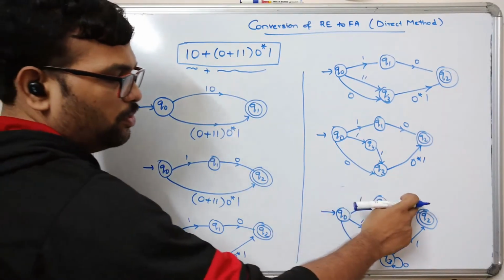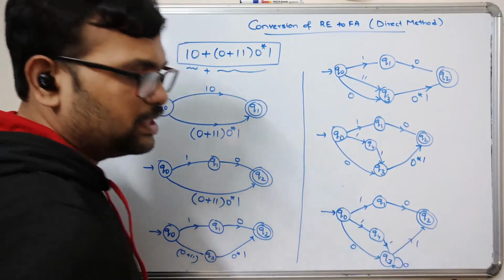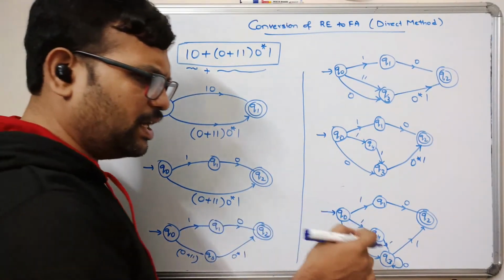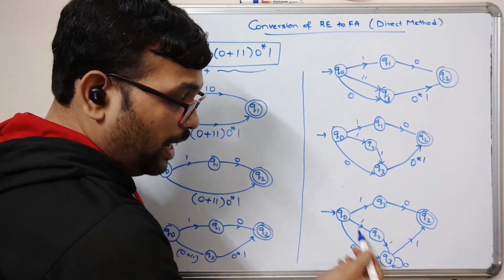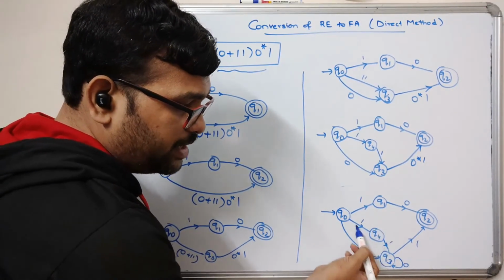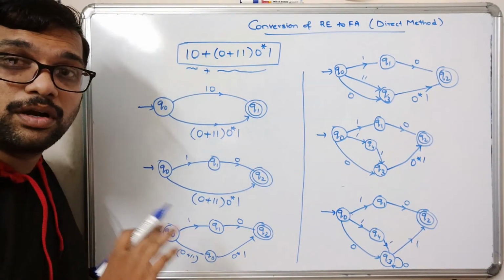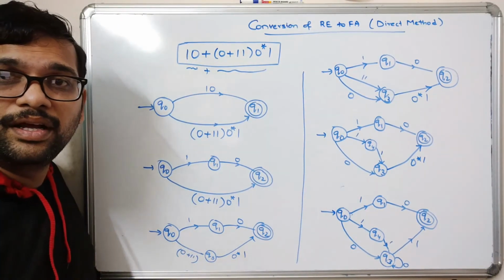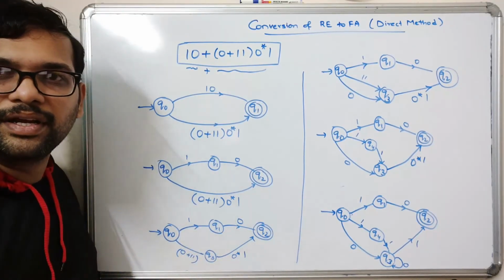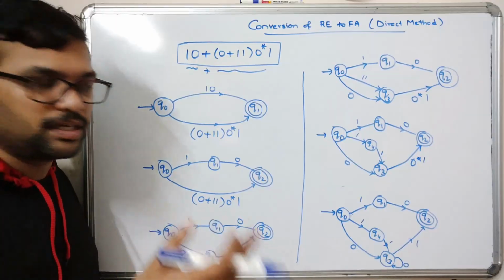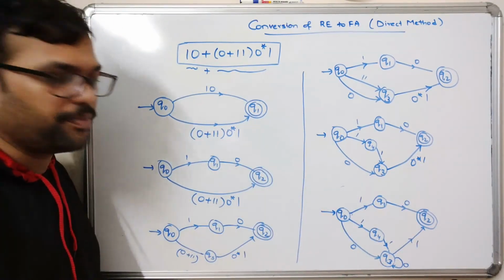So 10, right? So this is a finite automata, and check whether it is a complete DFA or not. So Q0 is having a transition over 1 and 0, and again there are 2 states reached with input symbol 1. So that means this is not a DFA, it's an NFA. So again in this case also we need to convert this NFA to DFA. So I will post the link in the description section. So go through that and convert this NFA to DFA, right?